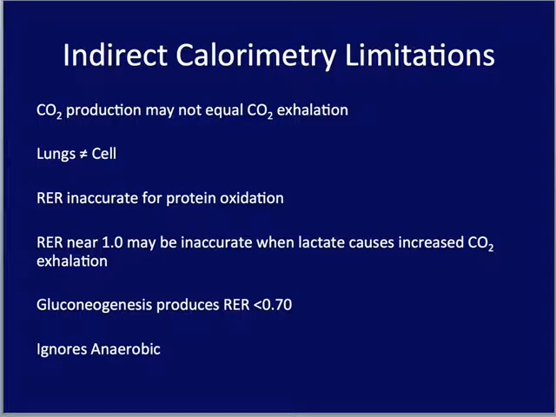Then gluconeogenesis, which is the making of new glucose or new carbohydrates, produces an RER of less than 0.70. In most of those tables, they are not going to go below 0.70. And then again, like I said before, it ignores the anaerobic energy systems, and we'll get into the different energy systems next week, or I guess for the online class when I get them up. Hopefully sooner next week, but